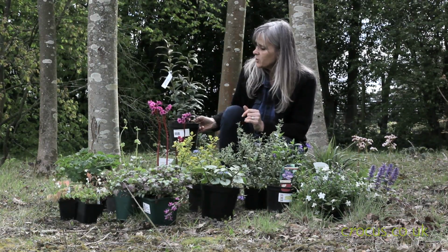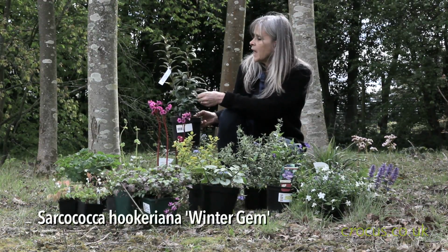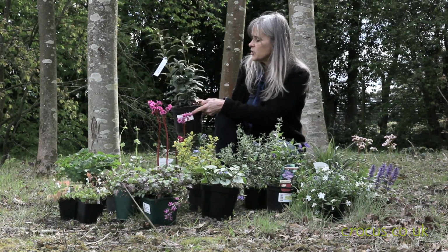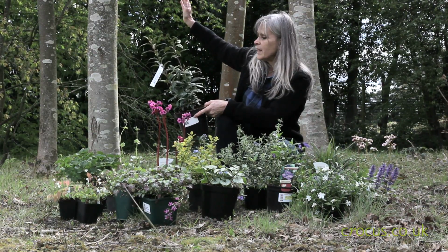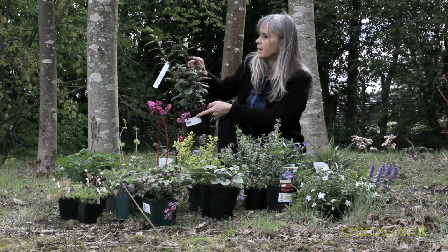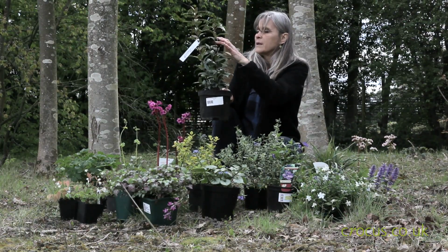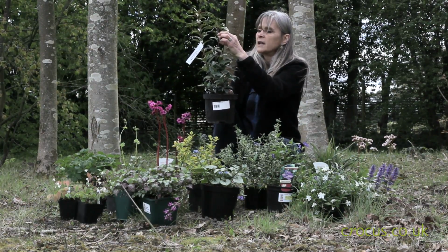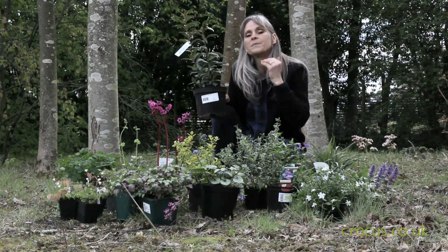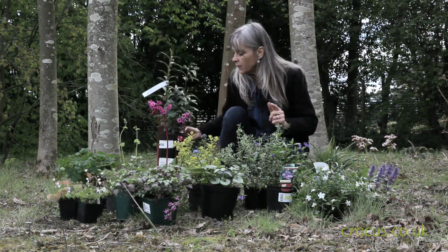And I have to mention the Sarcococca. This one's called Winter Gem, and it is a gem in winter. It's an evergreen shrub. It gets reasonably big, and the foliage is nice, but it's in winter that it comes into its own. Along the stems it produces tiny little creamy white flowers. They don't look much, but their smell is absolutely divine. So definitely worth a mention,